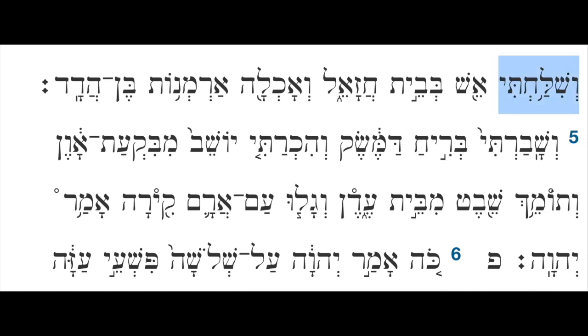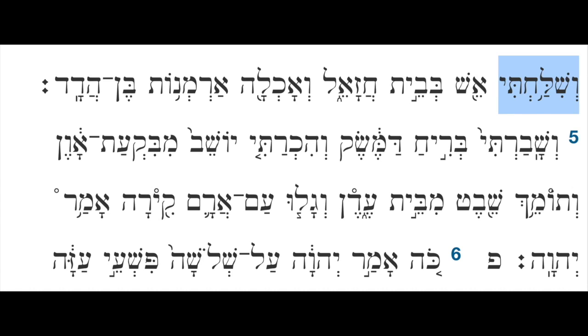So we begin with the Vav consecutive form, V'shilachti. This is a piel form with the expected vocalization. It is a first-person common singular suffix conjugation, but because of the Vav, I will send fire. I do not recommend translating the Vav as "and." I would translate it as "so," simply because of the context, but it is really the context that should guide our